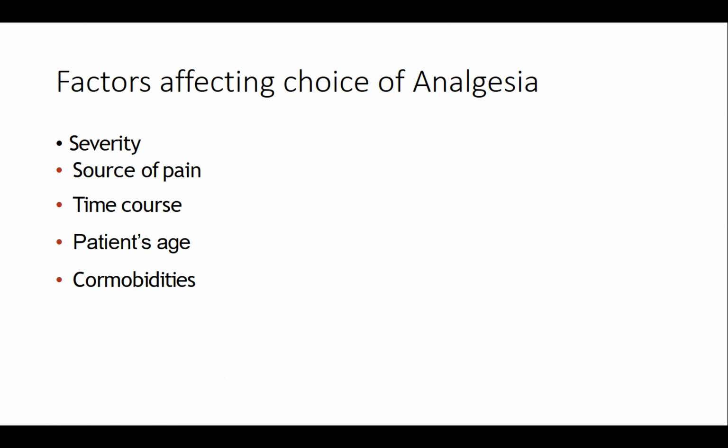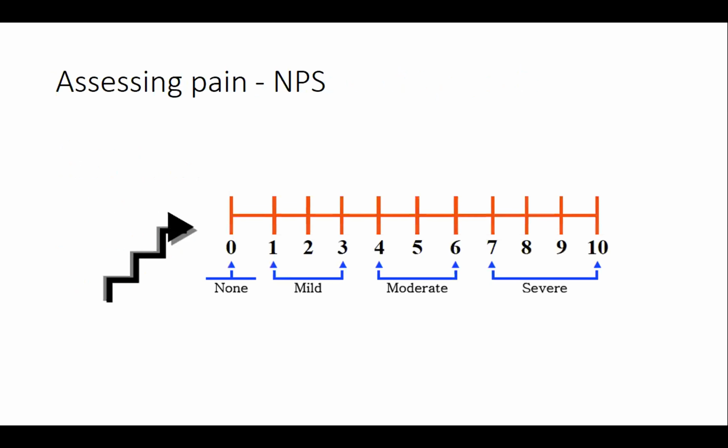If we refer back to the patient that we've just talked about, where the pain is coming from, how long this pain has been there, the patient's age and other comorbidities. So this really says that pain management should be individualized, and each patient or person will have a different course of action. So in terms of rating, we have the numeric pain rating scale that just helps us remember or document how much the